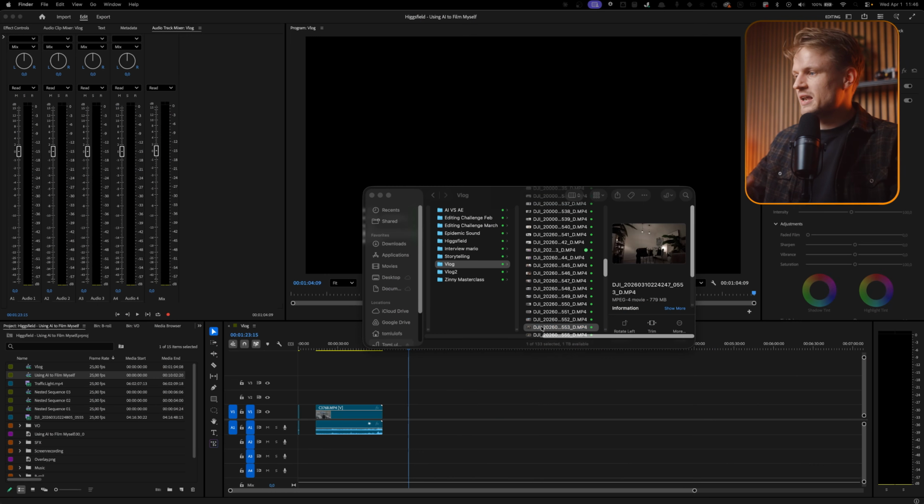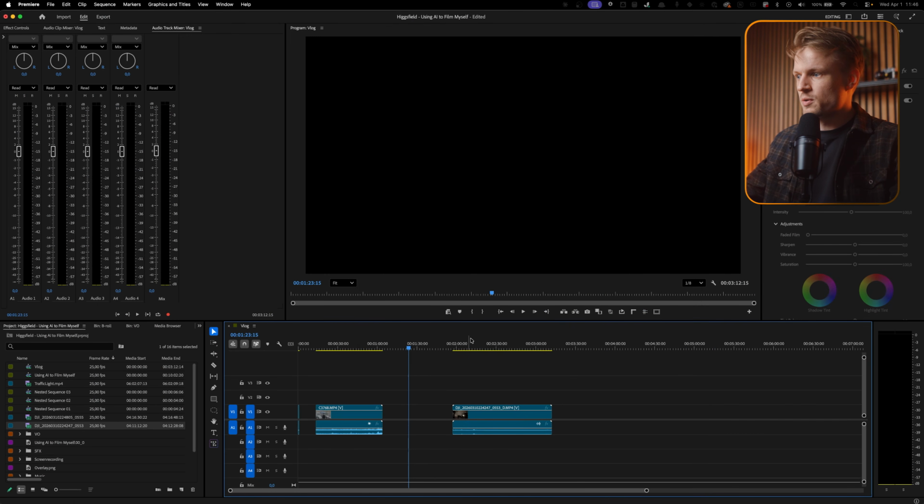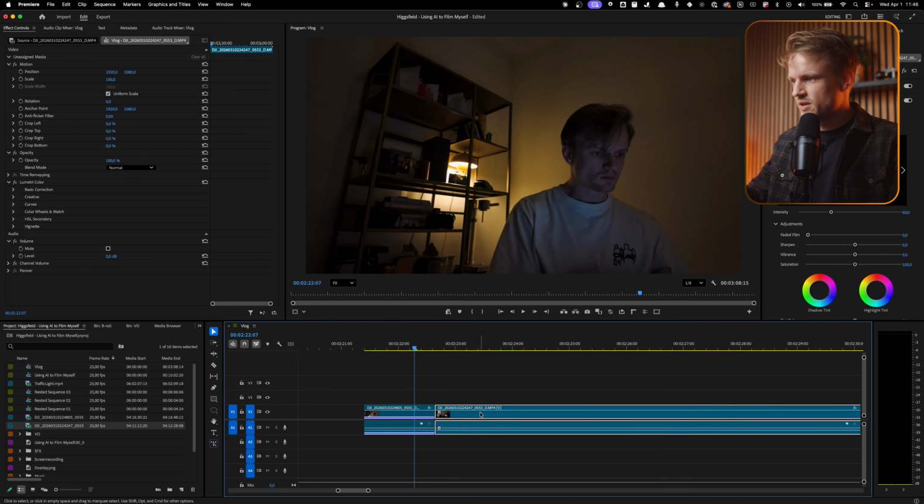What you need is simple. 2 angles of the same scene. So here's what I do. I film myself on a tripod, then move the camera to a second angle and film again, and that's it. You have 2 shots. Then I import them both into Premiere, and yes, this can also work in DaVinci, CapCut